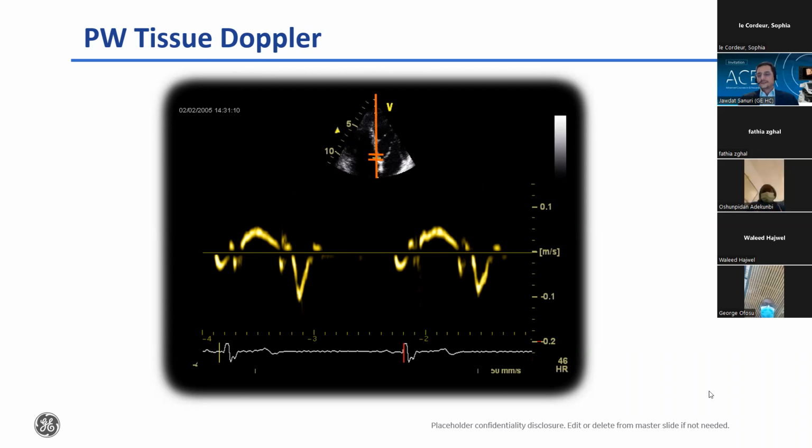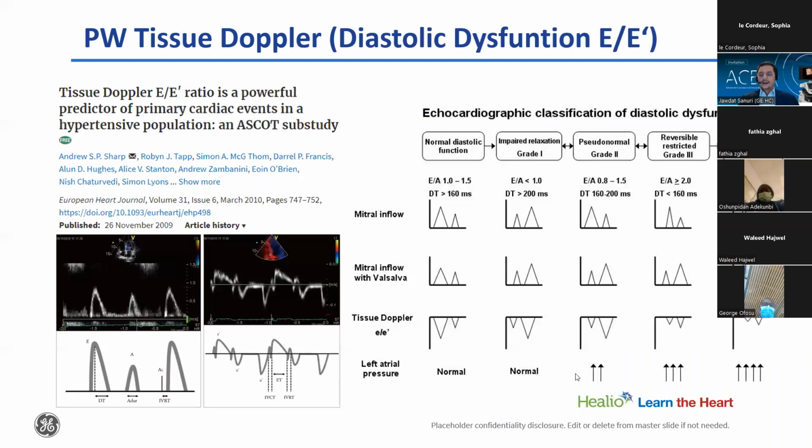Mitral flow, as you know, as pressure builds up in the later stages or higher grades of diastolic dysfunction, LA pressure builds up, and so it reverts back the EA ratio. As you know, the typical EA ratio is 1 to 1.5. Then it becomes less than 1 in grade 1 diastolic dysfunction. Grade 2 onwards, because of the LA pressure buildup, it gets reinverted again, and then it shows a pseudo-normal EA ratio, even with grade 3 or grade 4 diastolic dysfunction, while tissue Doppler E prime divided by A prime